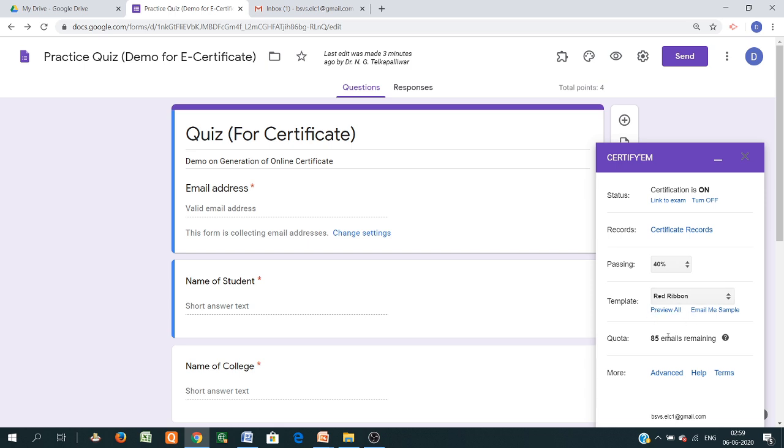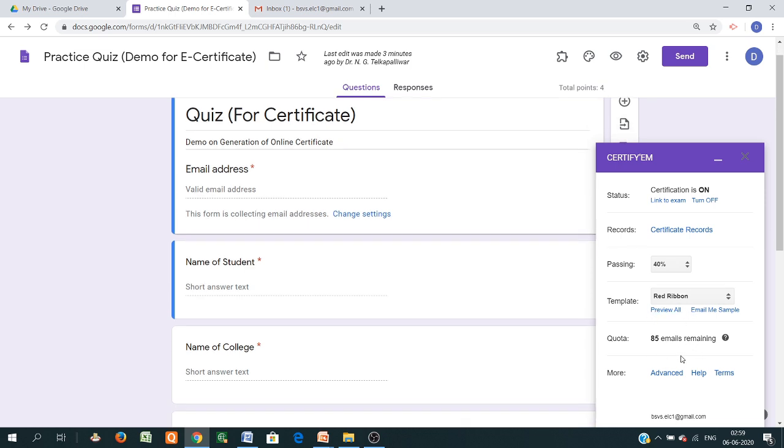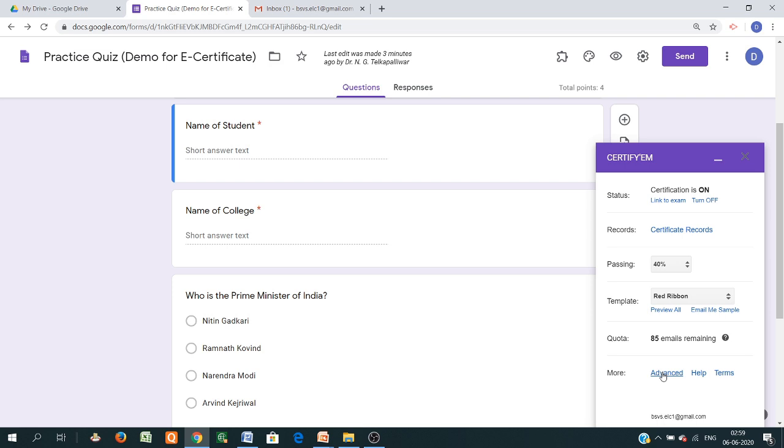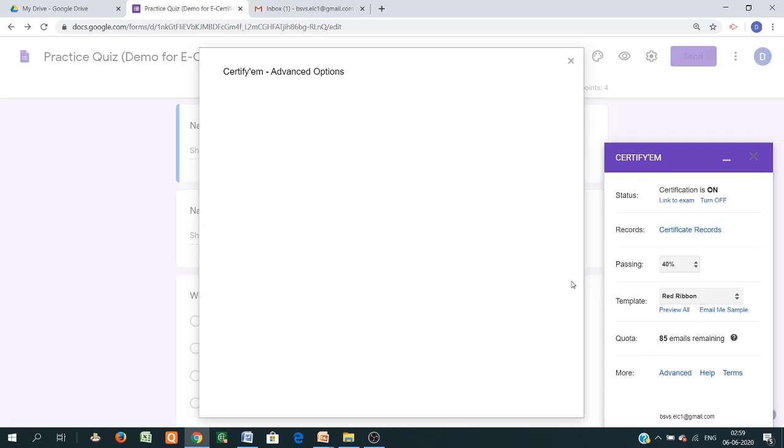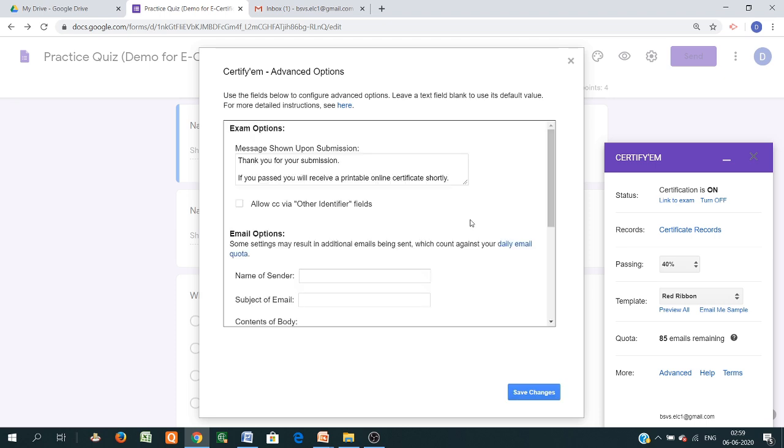Then another option is a button called advanced. Just click on advanced. Once you click on advanced, a new window opens. There is a message: when the student solves the quiz or fills the feedback form, then a certificate is generated, and this type of message is received by the student: thank you for your submission, if you pass you will receive a printable online certificate shortly.